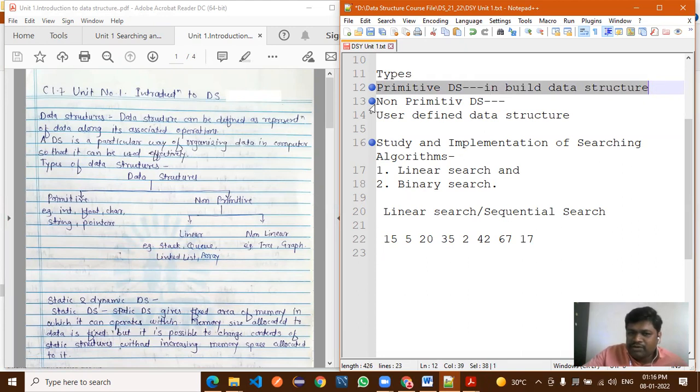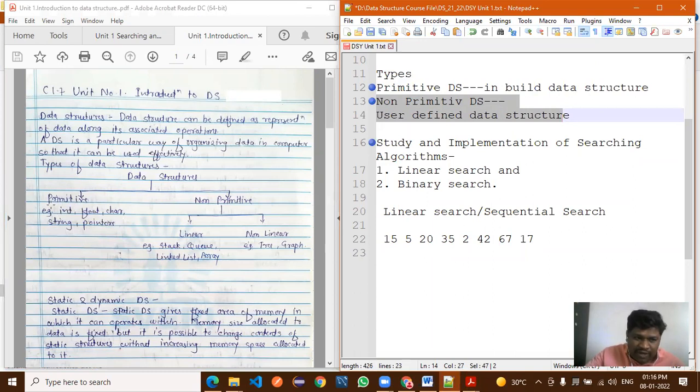And non-primitive data structures are user-defined data structures, right? Integer, float, character, string, pointer: these data types are the primitive data structures. Why are we calling them primitive? They are inbuilt data structures, and they store only one value at a time.